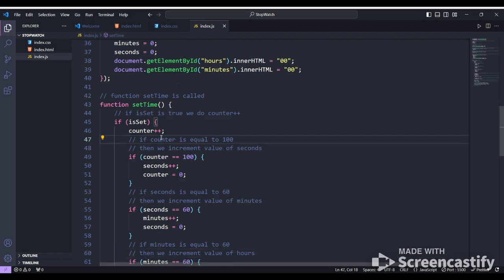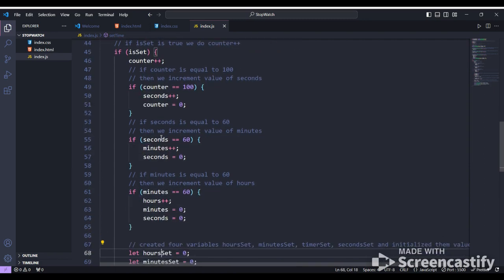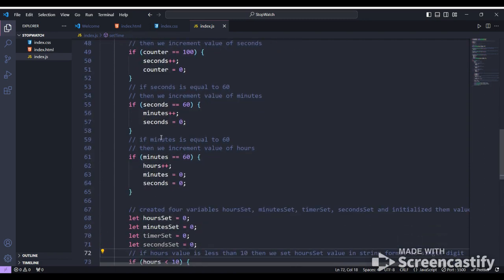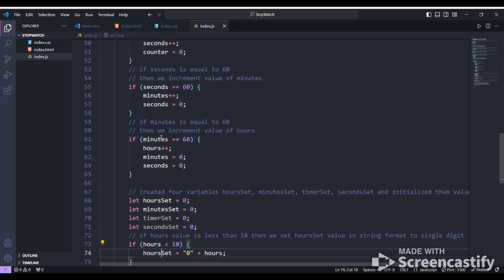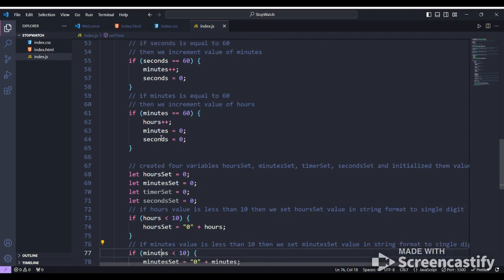If isSet is true, then counter is incremented. If counter is equal to 100, then we increment the value of seconds, and counter is set to 0. If second is equal to 60, then minutes is incremented by 1 and second is set to 0. If minutes is equal to 60, then we increment the value of hours, and minutes is set to 0,